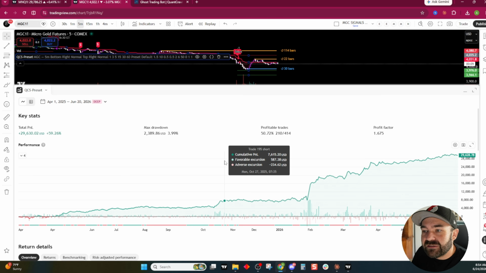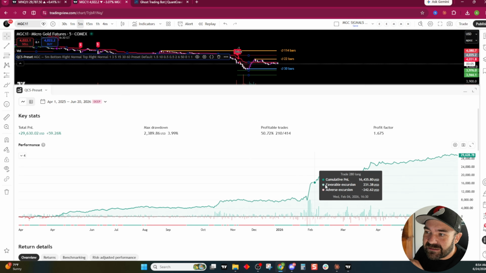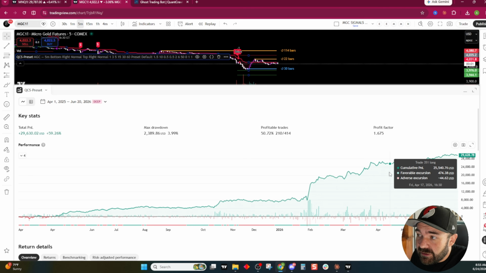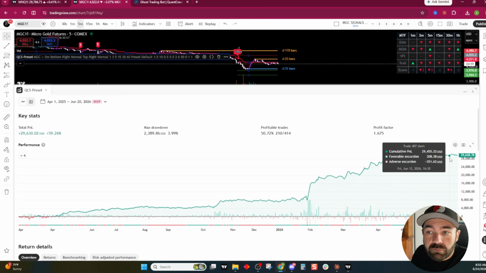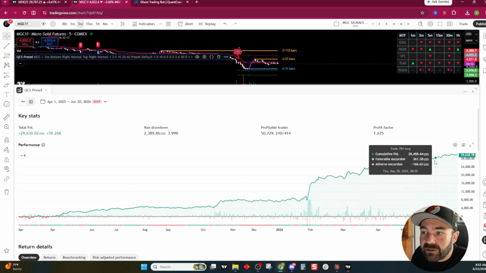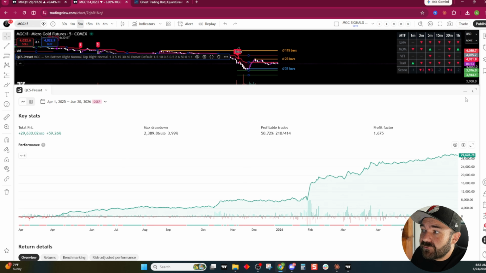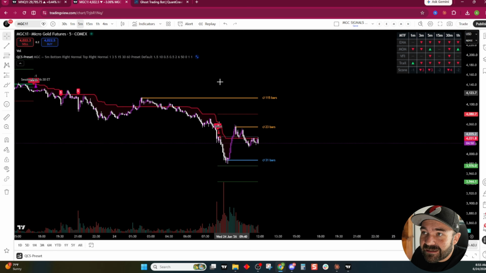So you get what I'm saying there. When you have massive spikes like that, you just have to be realistic. Is this going to repeat itself? Maybe. Is it also going to just continue steady grind like this? Most likely that's going to be what's happening. So these are the results over the last 14 months, and we would do the exact same thing on here